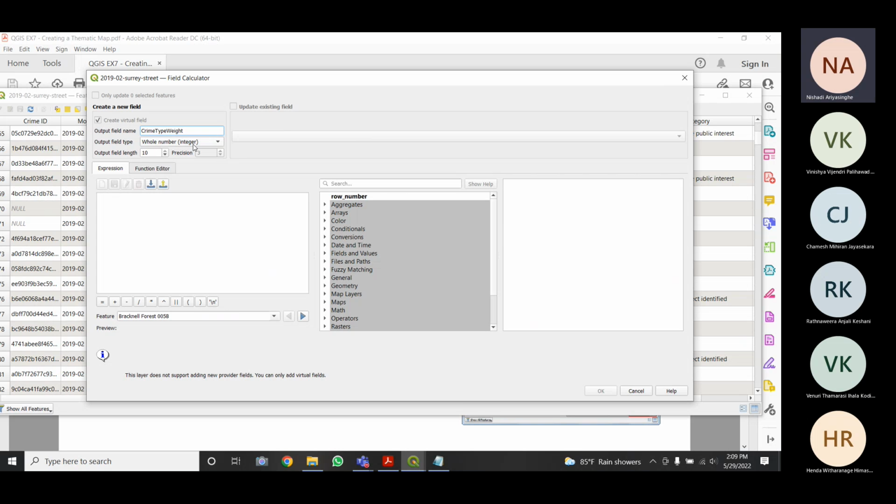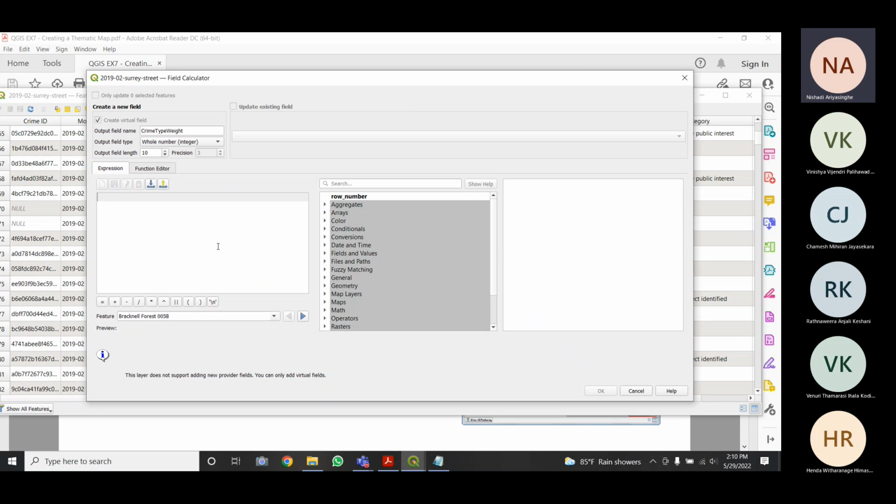So the output field will have a whole number. I'm not going to add decimal numbers or text or anything. So you can add any data type here. Then output field length will be 10. Yeah, 10 will be enough because I'm going to give numbers probably lesser than 10.